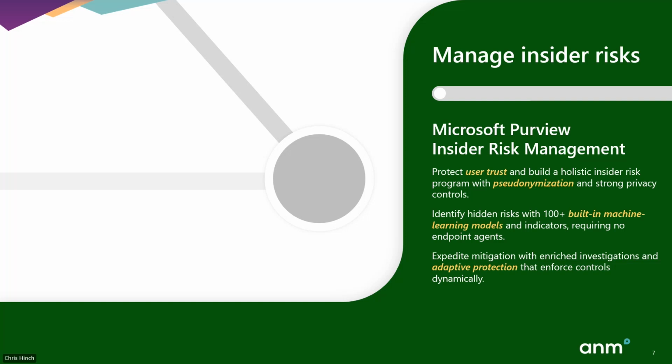Or the flip side, you apply it automatically, but then you give the user, again, a policy tip. Hey, here's why we applied it. Do you want to override this? And you leave it up to the user. And if they want to override it, you force them to write in a justification, which is then logged on the back end. Very cool stuff, very well thought out for so many different scenarios